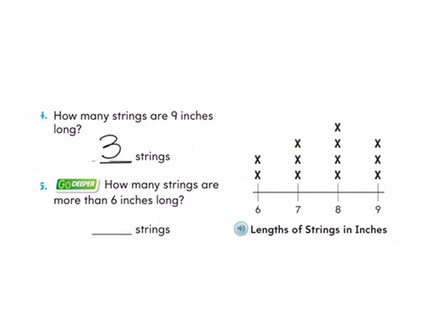Our next question is, how many strings are more than 6 inches long? Well, there are 2 strings that are 6 inches long, but I don't want to know how many are 6 inches long. I want to know how many are more than 6 inches long. So that means we need to count up all of the X's that are bigger than 6 inches. So that means all of the 7-inch ones, all of the 8-inch ones, and all of the 9-inch ones. There's 1, 2, 3, 4, 5, 6, 7, 8, 9, 10 strings that are more than